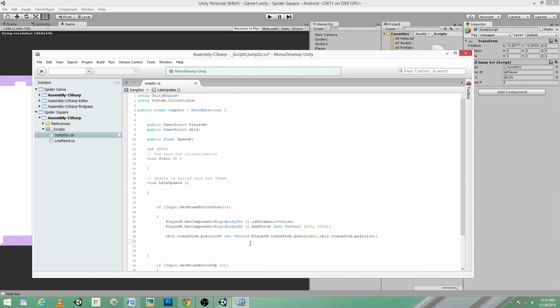Now what it is doing here: when you click or touch, in the initial frame, the x position of the quad will move 5 points further than our player. See what happens